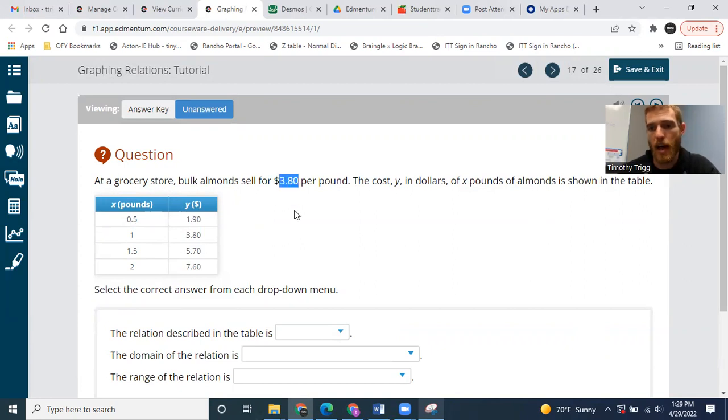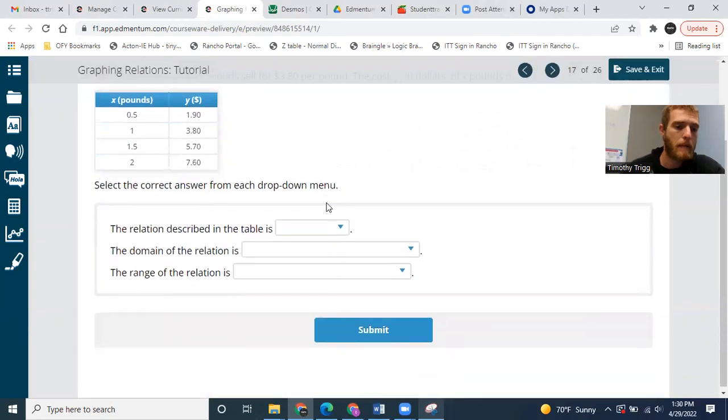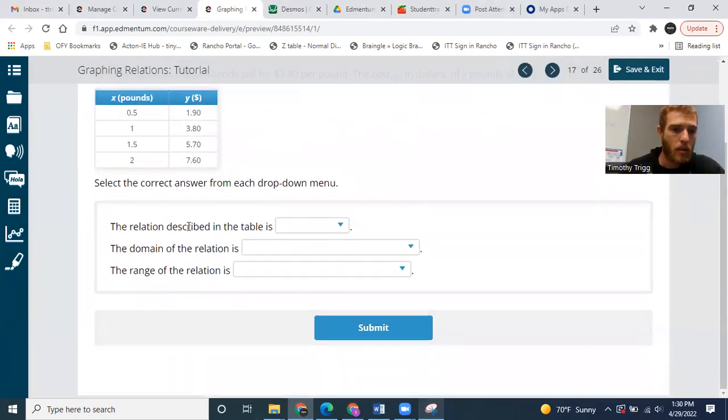Half of this per pound price, right? 1 pound costs $3.80. Again, that makes sense. 1.5 pounds, $5.70. 2 pounds, $7.60. Okay. Basically, you're just multiplying however many pounds times the price per pound. Okay. The relation described in this table is,